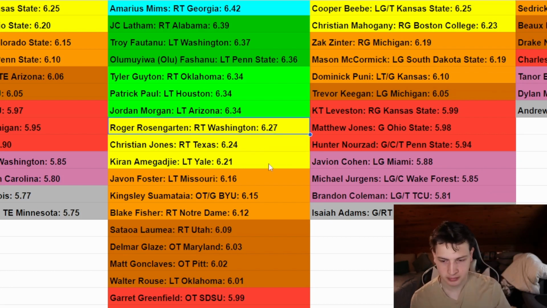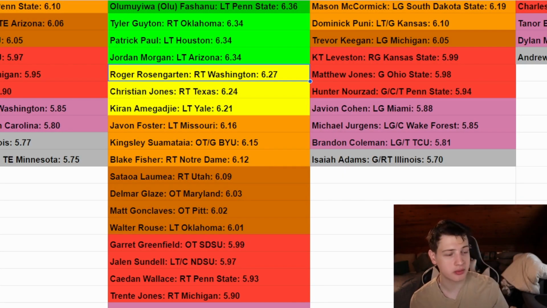But yeah, for Roger Rosengarten, again, the right tackle for Washington. They were the best offensive line in college football, whatever that award was, but they were a really good offensive line. So 6'5", 308 pounds. He is light. He's light for the position, but he's young, redshirt sophomore, 21 years old,